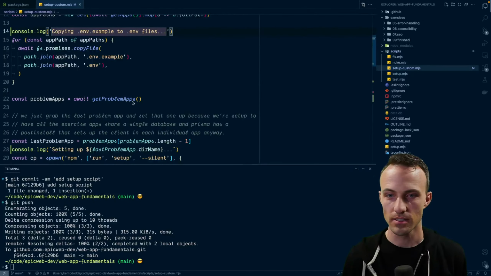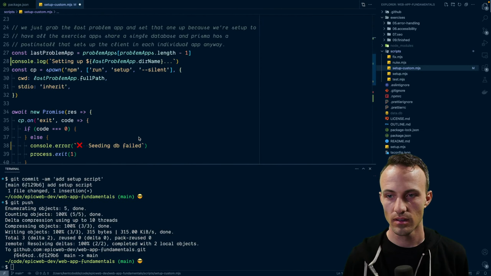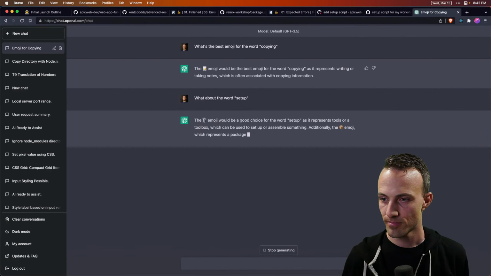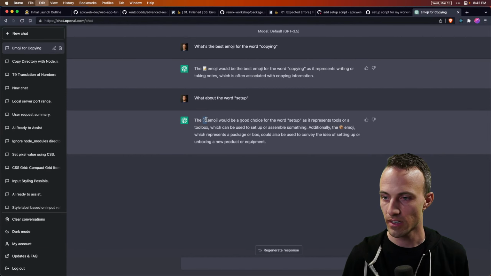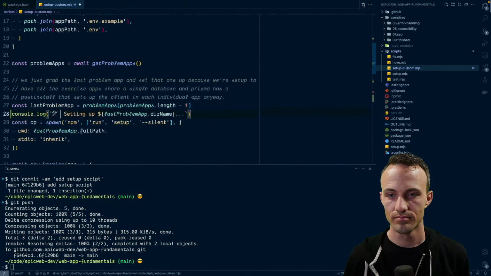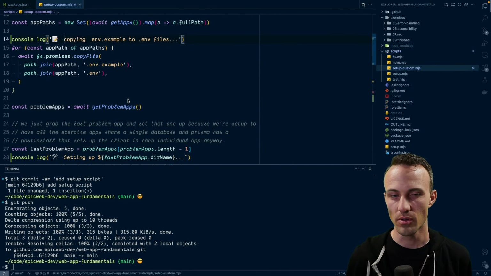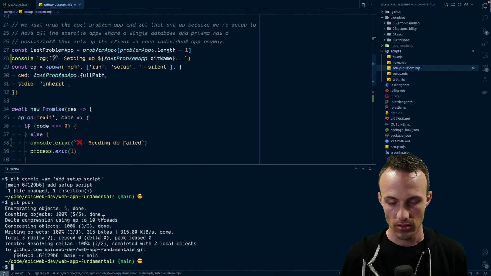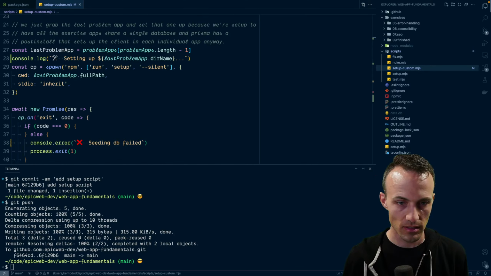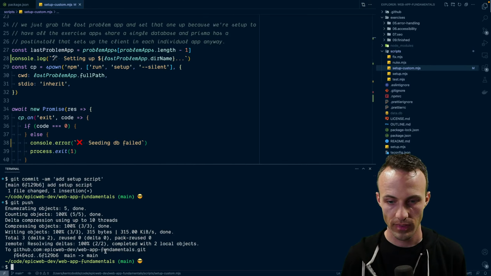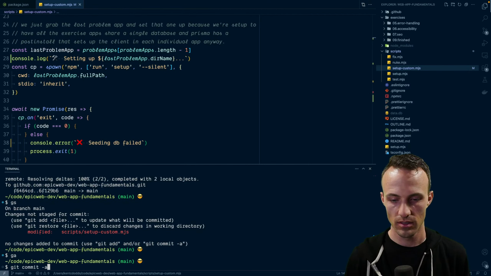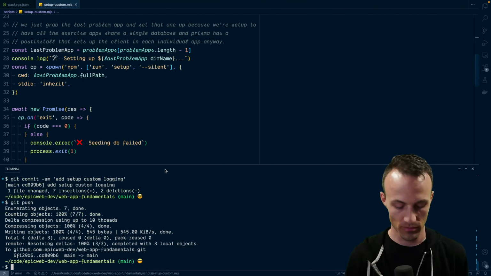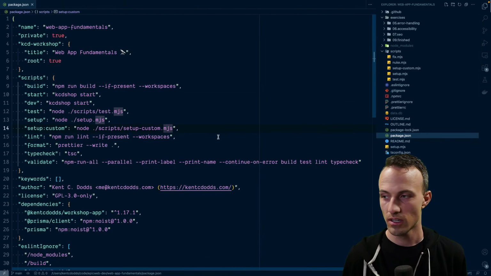Yeah, that works. Thanks. What about the word setup? Yeah, let's do that one. I put 2 spaces because sometimes emojis seem to take up more space than the single character. Okay, sweet. So, add setup custom login. All right, we'll see if that gives us any more information about how things are supposed to go.